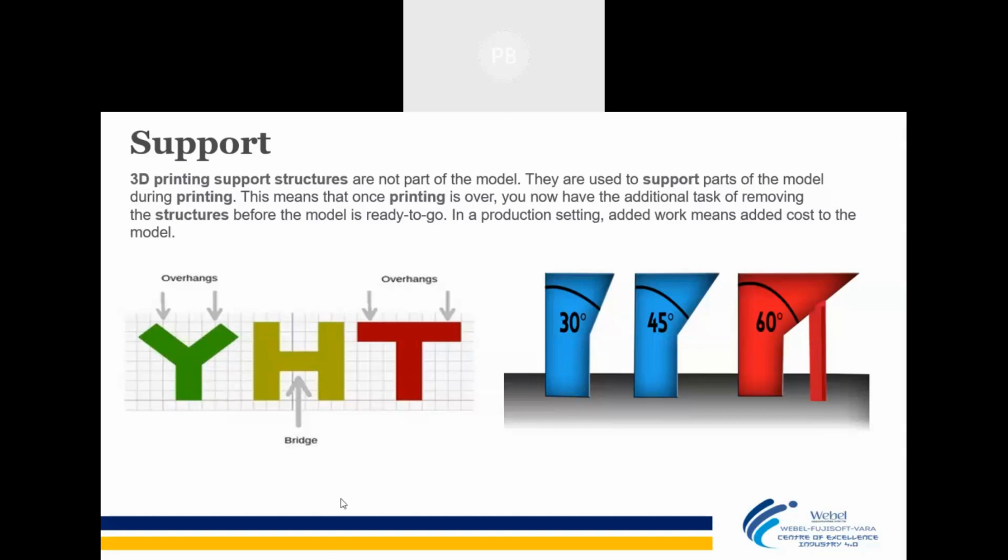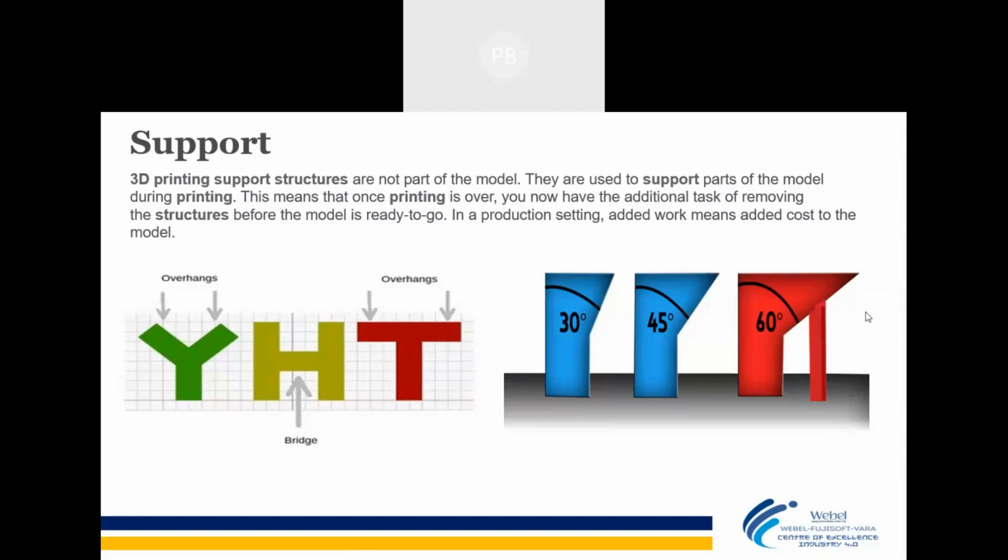Same case where the H is considered. If you see the H, imagine the H is in a vertical position. So this is the overhanging part, right? There is no base here. If it is a Y, this part will be in the air. This part will have no base. The same goes for the T, where both parts have no base. This will be an overhanging part if it is in a vertical orientation. So material cannot be deposited here. If they start depositing at this point, it will fall down. So they will develop an artificial support structure here, which will support the bottom, and after that the material will be deposited.